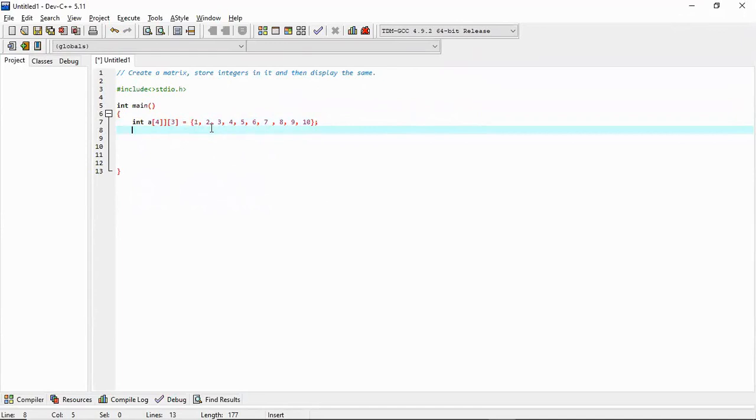The compiler will automatically order them. So first 3 elements will be the first row, next 3 will be the second row, then the third row, and then the last elements will be the fourth row. Last three elements 10, 11 and 12 will be the fourth row. So this way was also acceptable.